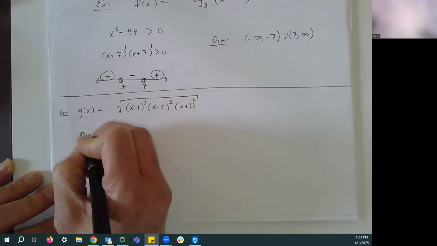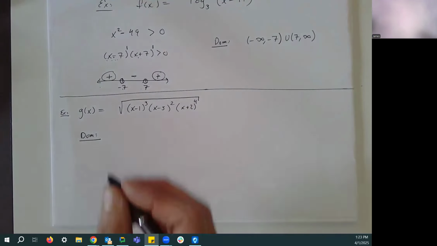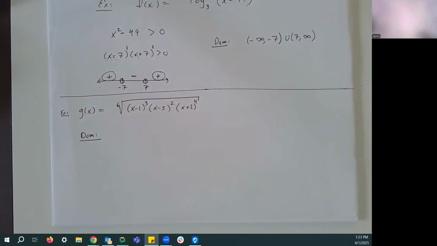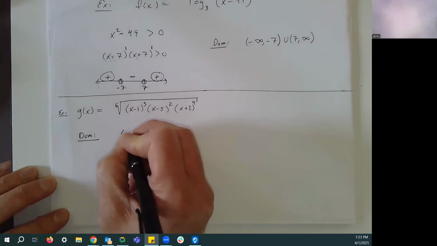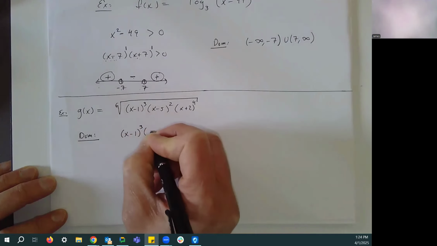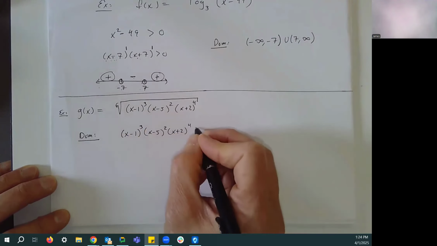So here for the domain. Well, again, the setup is always the same, meaning we're looking at the function, we see a square root, or let's make it a 6th root. I know, that's terrible when teachers, let me just change it real quick. But it doesn't matter whether it's a 6th root or a square root or a 600th root. If it's an even root, we have to think about the inside stuff being greater than or equal to 0. It has to be non-negative. So we're going to say, cool, (x minus 1) cubed times (x minus 5) squared times (x plus 2) to the 4th. It better be greater than or equal to 0.